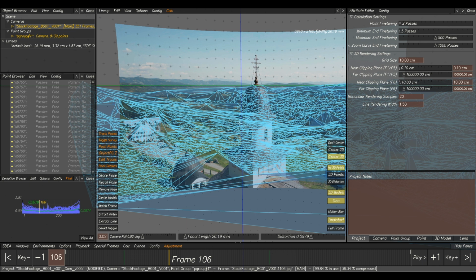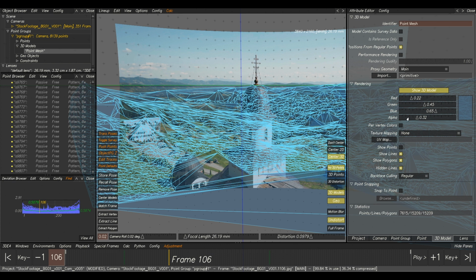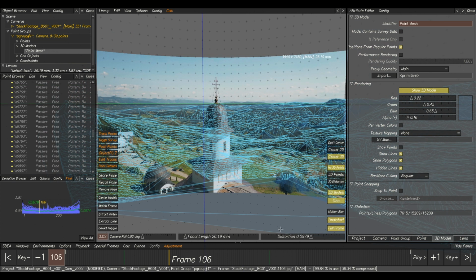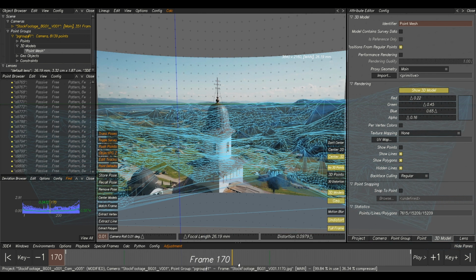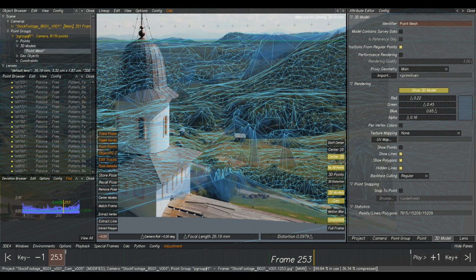And obviously we've got some really odd stuff here, but there's nothing that we can't smooth out in Maya. So let's select our point group, our mesh. Let's bring this down so we can see it easier. Full frame that, and we can sort of see what we've done. And you've got these points here, these are just points that we've missed, and this is very easily smoothed out